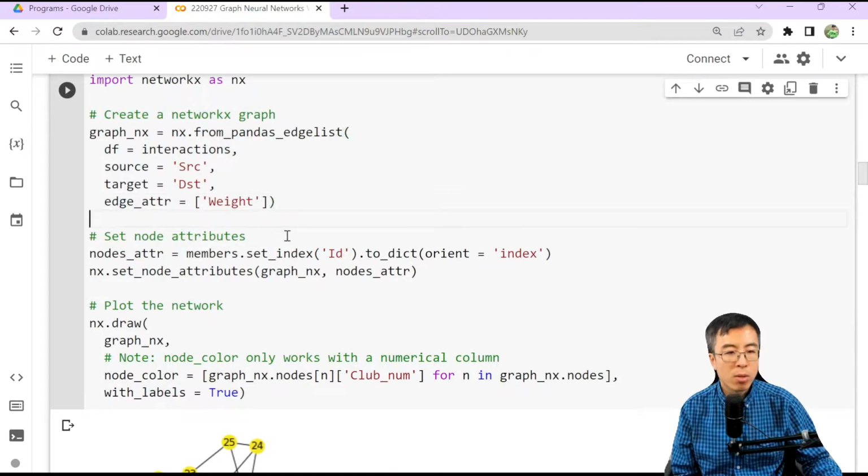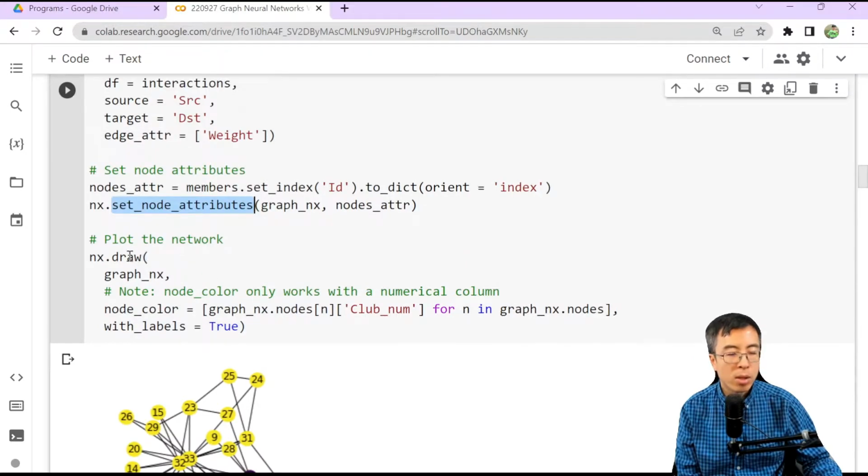We also need to set node attributes: we set membership ID as the index and convert it to a dictionary. And we set the node attributes using the set node attributes function in networkx.